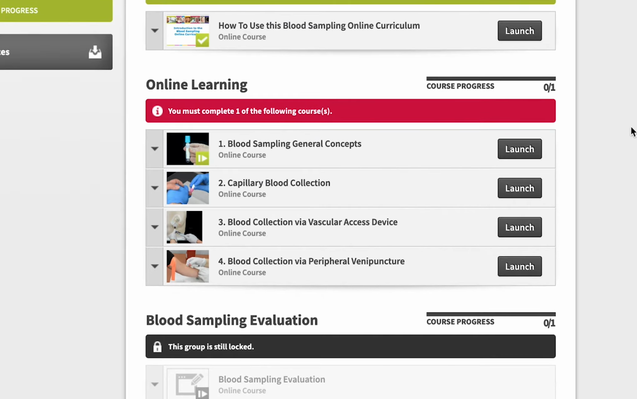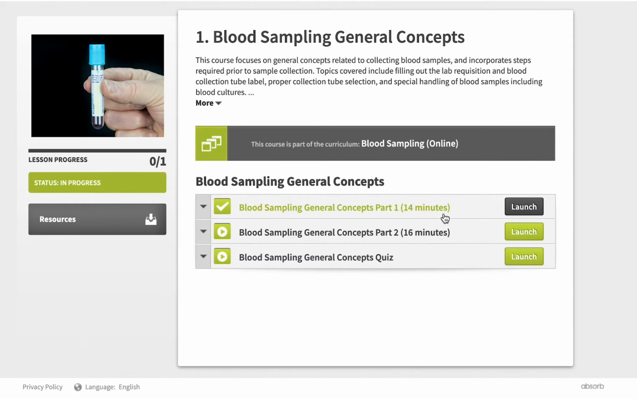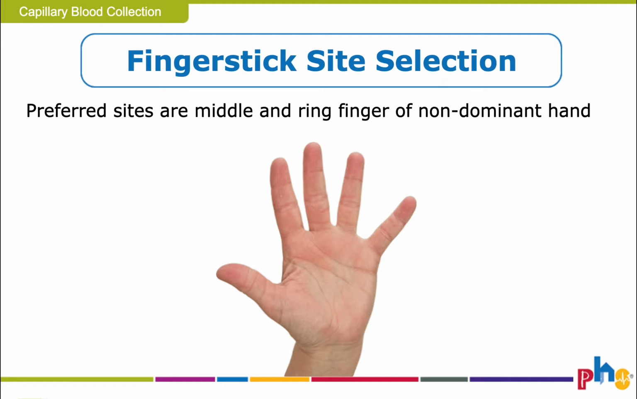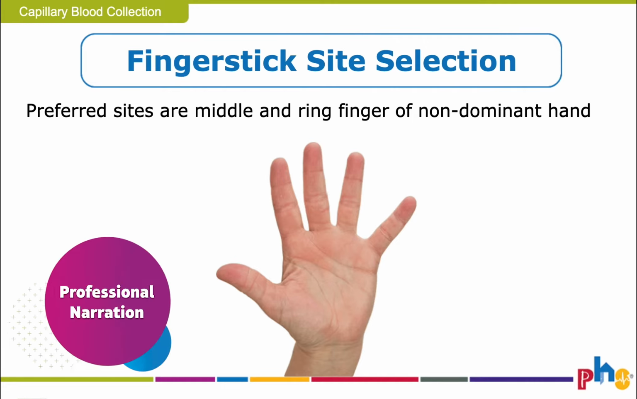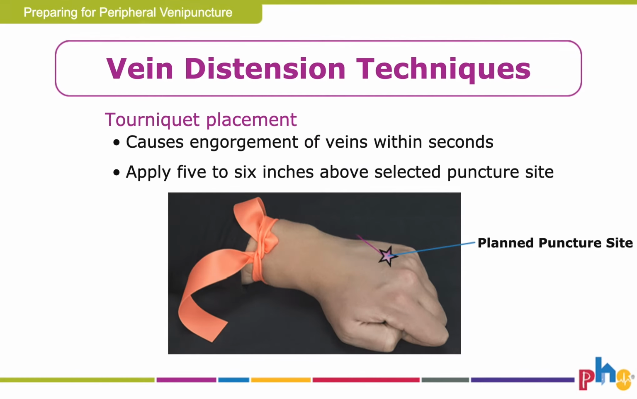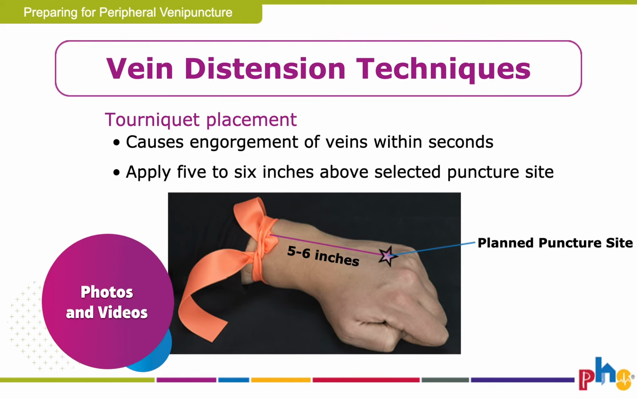Learners can choose to take all or just a few of the course topics. Up to 2.5 contact hours will be awarded depending on the number of course topics a learner takes within this course. This blood sampling course features narration,